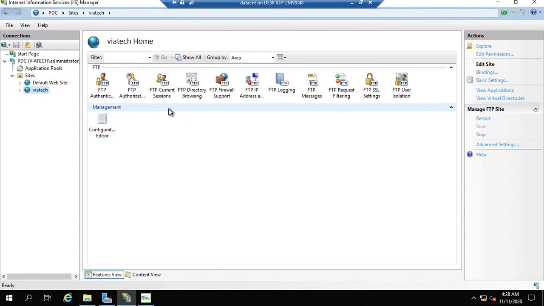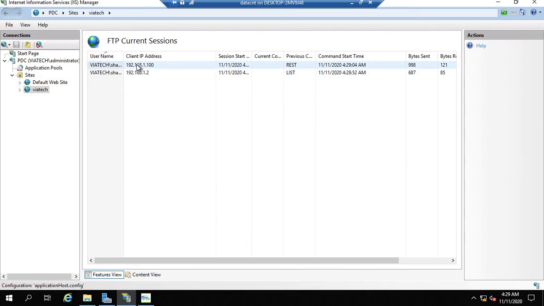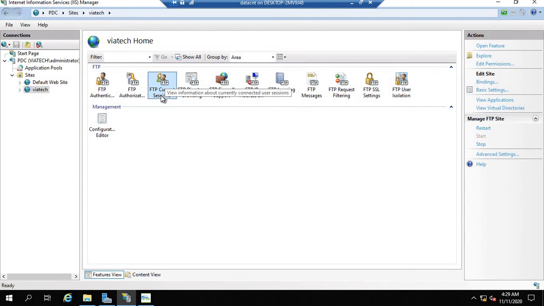The first thing you need to understand is the session. Here is the FTP current session. As a system administrator, you need to monitor how many clients are connected at this moment. Remember, 2 clients: one, this server itself, and second, that client. So this tab shows the current FTP sessions going on at this moment. It's like a file server. Before we shut down the file server, we used to monitor how many clients were connected, and we would send them a text message by any means. This is similar to that. Please do not shut down your server, or if you have any issues, without disconnecting the sessions.